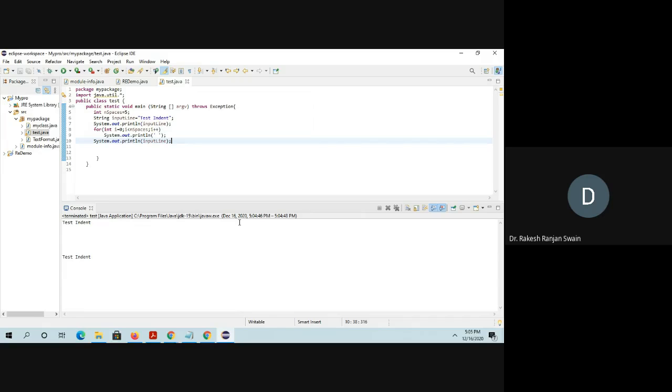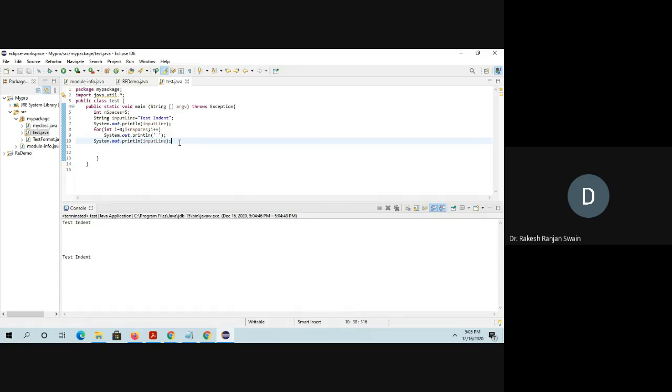So see here, I am creating a space equal to 5. Then I am creating the string and printing the string, that is your test indent. Then I have written i = 0, i less than n space, i plus plus. First I am printing some spaces, and after that the input line is printed.